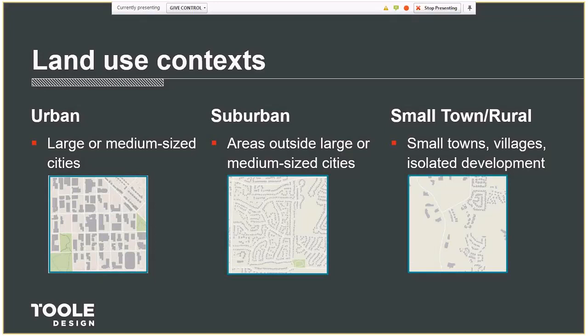These are just some examples and descriptions of these different contexts. Oftentimes in urban cities, you'll have a gridded street network, a lot of destinations close together, which makes it easy to walk and bike and use transit. In suburban areas, things are a little bit more spread out. You often have a separation of uses dictated by the zoning codes. Makes it harder to walk and bike places, and there are often very high-speed, wide roadways that need to be crossed. In small town and rural areas, you can see some isolated developments, a lot of reliance on motor vehicles, and just different patterns of development that can make it hard to get around without a car.